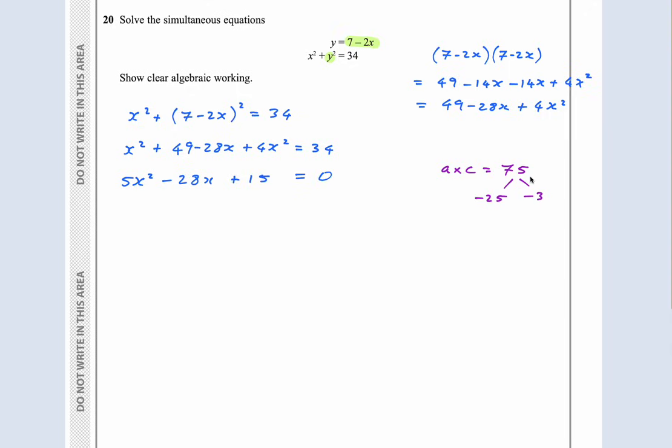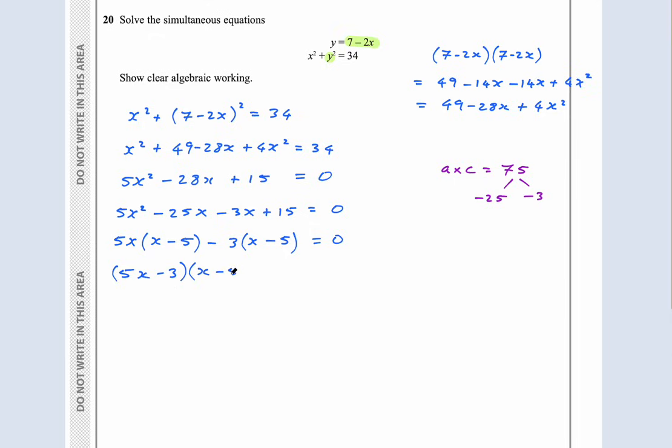Because obviously 25 times 3 is 75, and my minus will give me my minus 28. Okay, so that means I write here, this again, guys, if you have another way of doing this, no problem. I do minus 25x minus 3x plus 15 equals 0. Take the 5x out of this, and I'm left with x minus 5. Take the minus 3 out of this, and I'm left with x minus 5, because minus times minus will give me the plus 15 equals 0, and the factors are therefore 5x minus 3